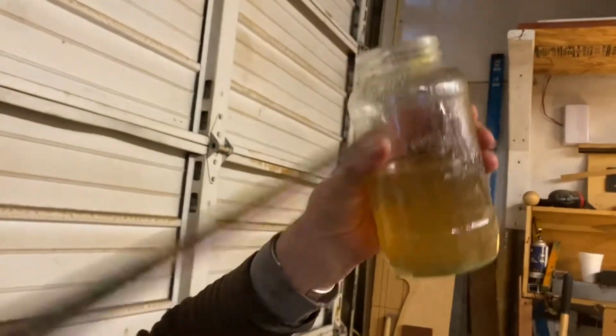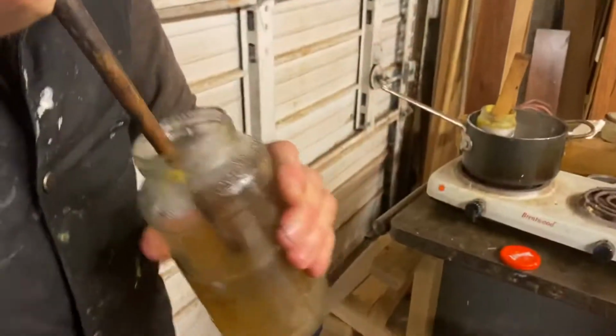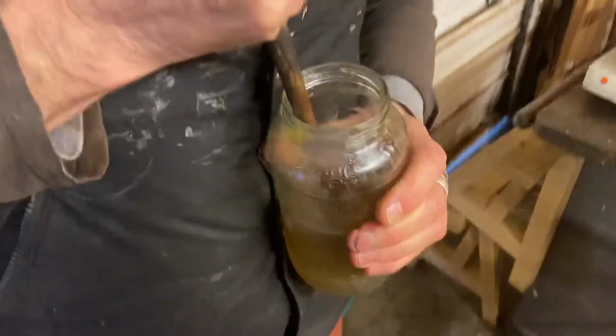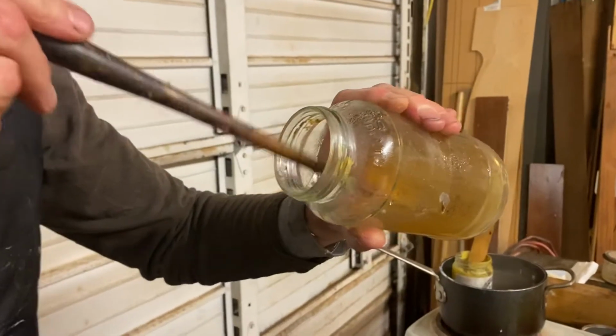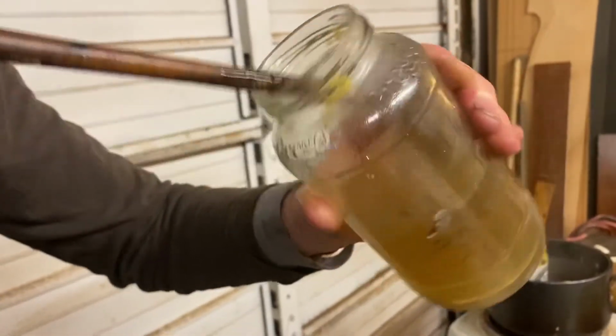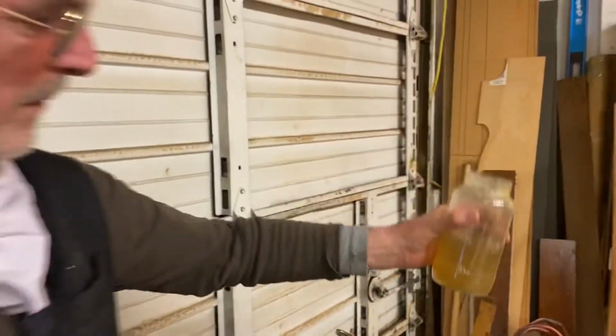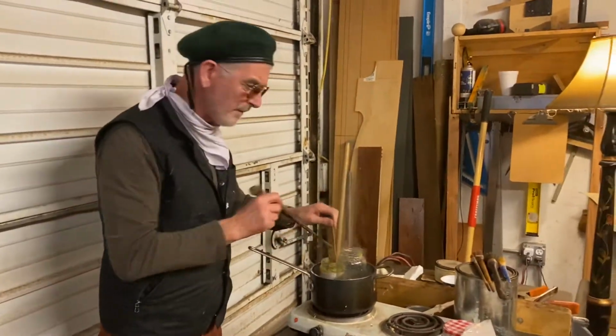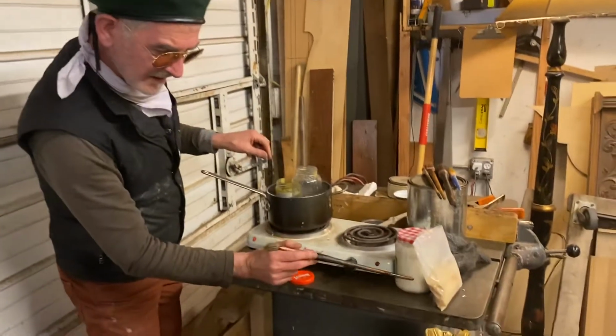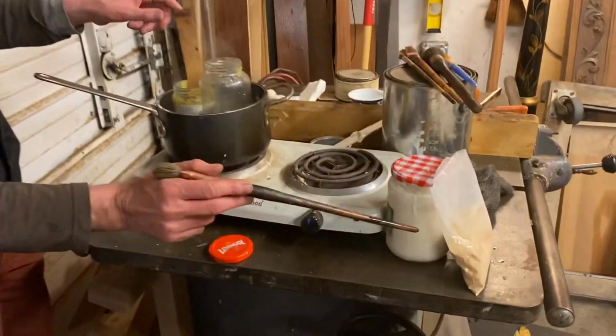You can see it now softening up. If I break the consistency down, you can see it coming. You can see the gel. You can see it coming clear like that. So almost there. So I have it inside here, and then I have this pigment from yesterday, the gesso, and